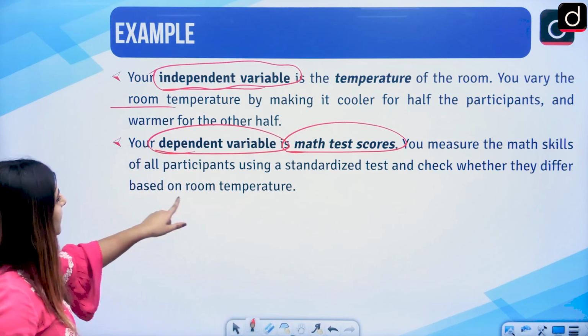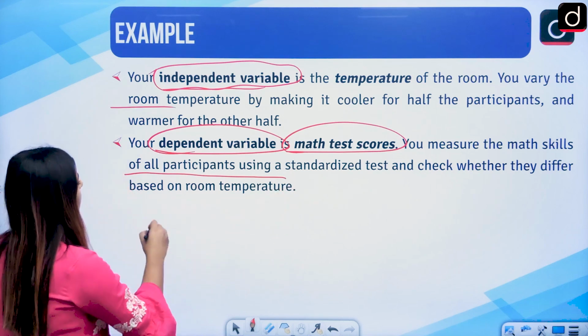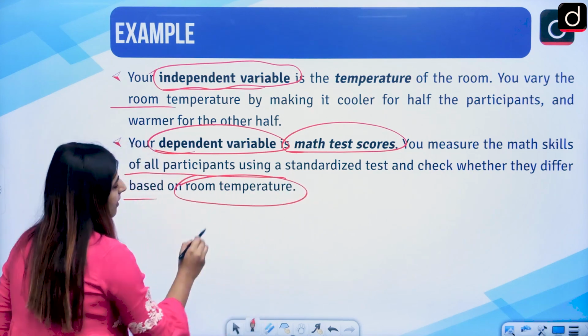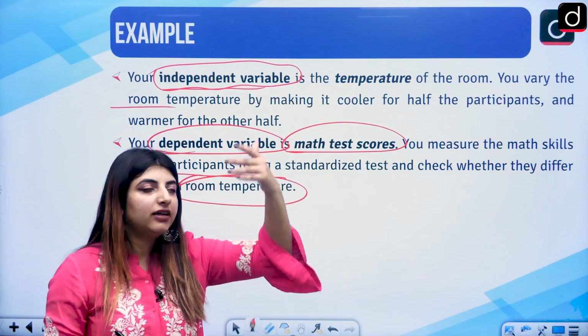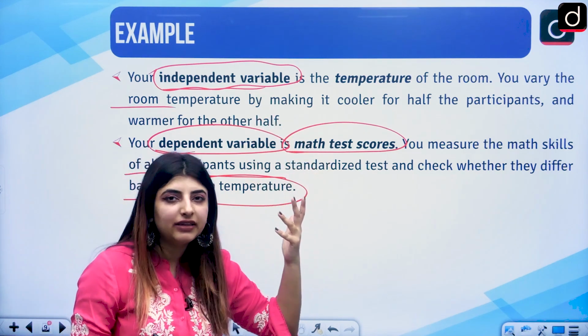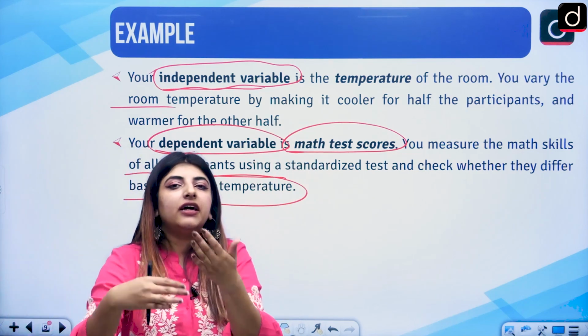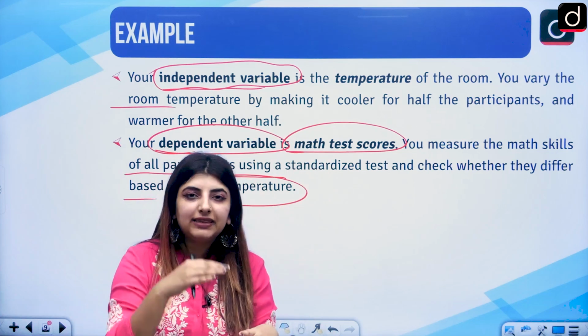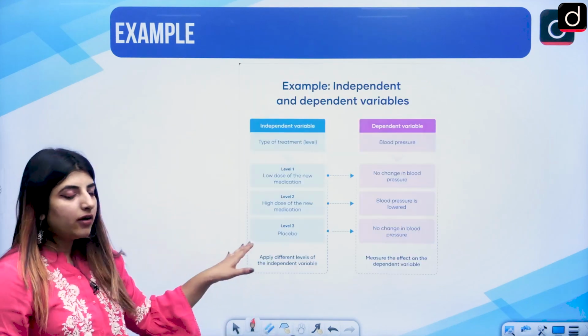You measure the math skills of all participants using a standardized test and check whether they differ based on the room temperature. So there are different ways through which we can conduct tests. We can conduct a test before even conducting the research to see how much they already know, right? We can conduct a post test or a normal test during the experiment, right? Now here also